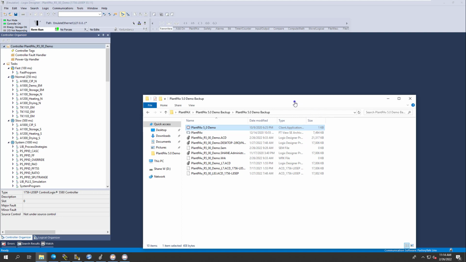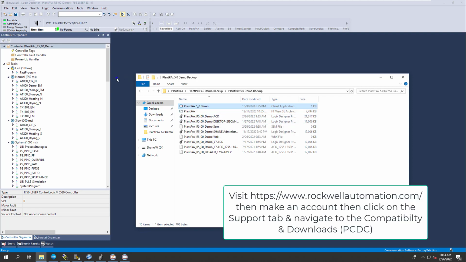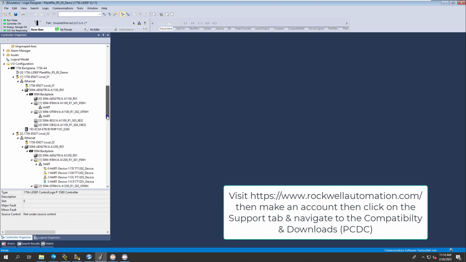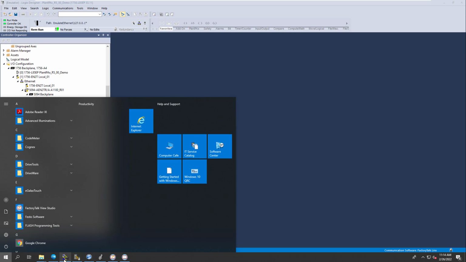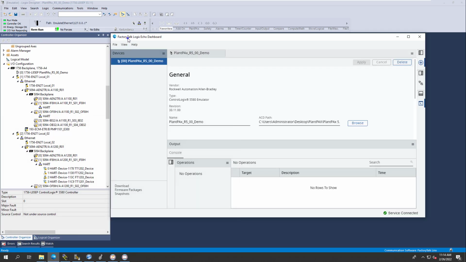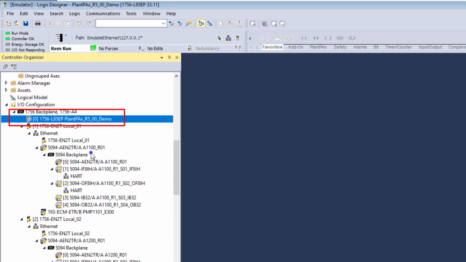All right, so let's show another version of using the FactoryTalk Logix Echo, and this is going to be using the PlantPAX 5.0, which a lot of people can easily download for free off the Rockwell website. However, you will need to either A, have the Echo software, which is right here. You need to have the FactoryTalk Logix Echo software, or you need to have the L8